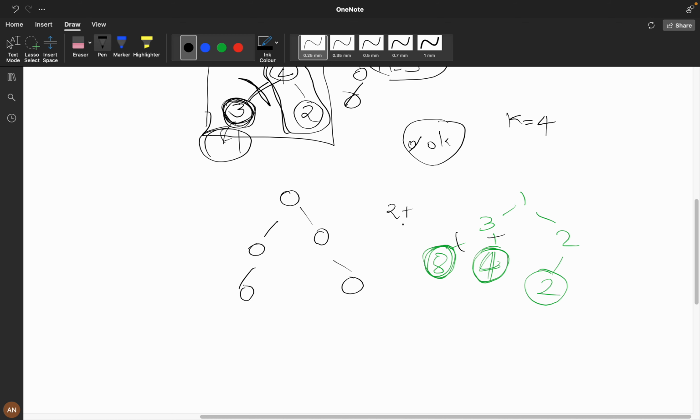Now my total components are 2. Now, is this 2 divisible by 4? No. So what can we do? If this is not divisible by 4, then can we give this to our parent? Can we give this to our parent? Absolutely, we can give this to our parent. If we give this to our parent,